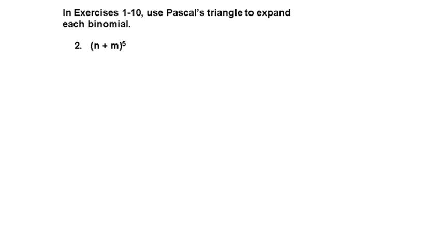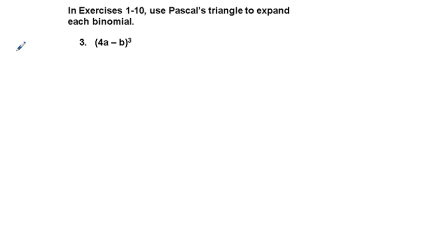Okay, that's 2 is n plus m to the 6, but we're going to do our odd number problem. So we have this quantity 4a minus b cubed. And so what that's going to be is cubed. We're going to have some coefficient that we're going to get from the Pascal's triangle times 4a, and we're going to have 4a to the third power times this negative b to the power of